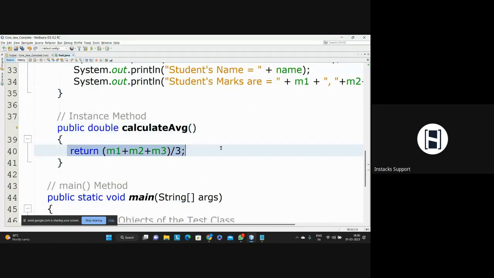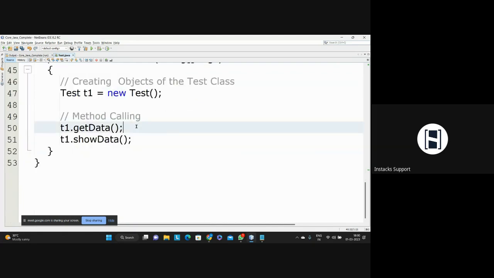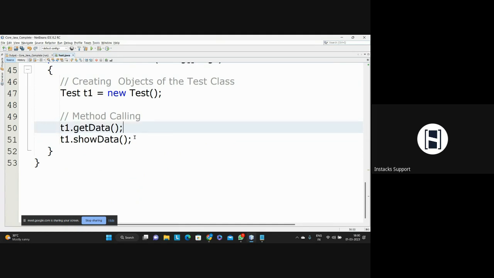And this is the value it is going to give back. Where is it going to give? To the place where I'm going to call the function. Where am I going to call the function? Inside my